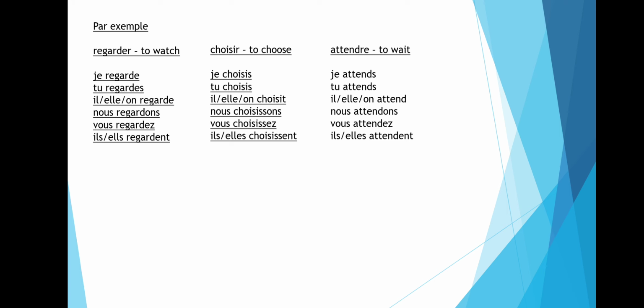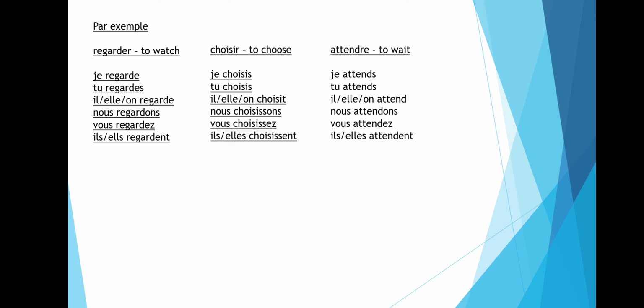For the next one, choisir is an ir verb, which means to choose. So it's je choisis, tu choisis, il, elle, on choisit, nous choisissons, vous choisissez, and ils, elles choisissent. Because it's an ir verb, you take away the ir from the infinitive and add is to je, is to tu, it to il, elle, on, issons to nous, issez to vous, and issent